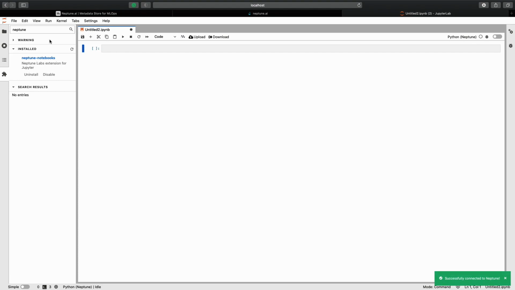And then you are ready to use that. So once you have configured your API token, you will get these features, which are coming because of Neptune. Basically, you can upload your notebooks which you are writing, and it will create a snapshot on the cloud account of Neptune,